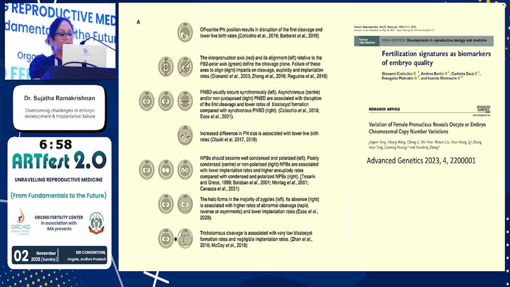lot of information. This is the summary of the information which a fertilization check can give. Please, you can just take a note of it. Since we do not have time, I don't want to go through the whole thing here. But a proper fertilization check will give you an idea whether this embryo, I'm not saying 100%, but at least a major percentage, is going to go to blastocyst or is going to get arrested. But remember, fertilization check has to be done at 17 hours plus or minus 1 or 2 hours. We cannot do it at 20